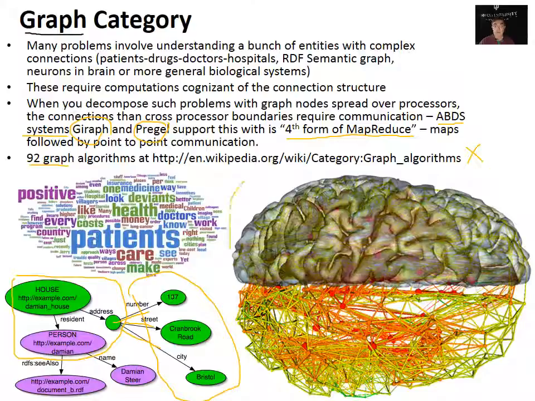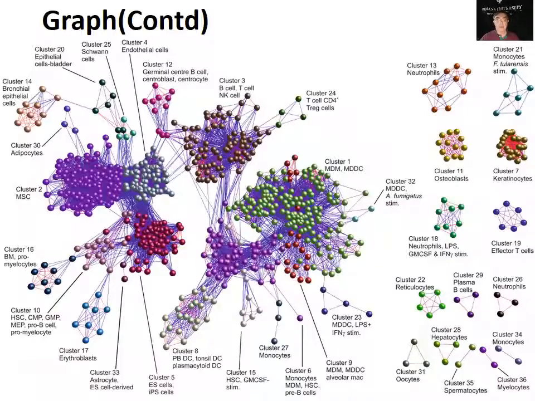Here we see some other graphs. Here we have a cortex, which obviously has a very complex neural structure. Here we have a word chart. And this, if we convert it into a graph of these entities and their linkage, would obviously correspond to a pretty complicated graph. The next slide has a more sophisticated example showing that biology can produce really complicated graphs,